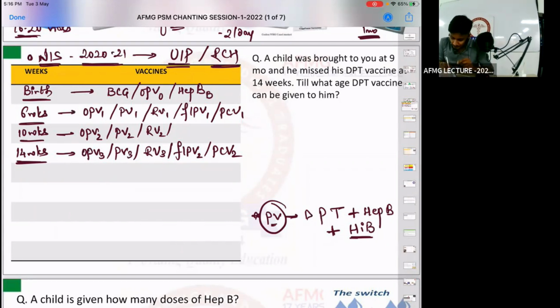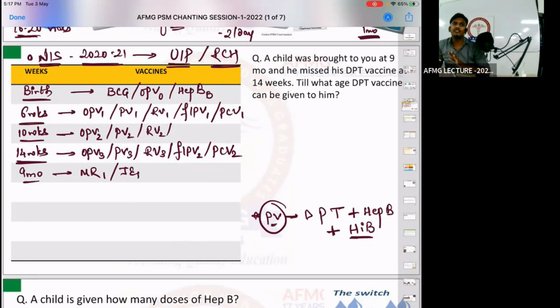Moving further, अगला कब देंगे? At 9 months of age. Now here it is important. 9 months पे 2 vaccines are given. First is it MMR, measles or MR? Now it is the MR vaccine in NIS. Okay, we only have measles and rubella. So MR ka which dose? First dose. Then in certain areas like Uttar Pradesh or West Bengal or Bihar, in some districts where Japanese encephalitis is prevalent or endemic, over there we will give Japanese encephalitis ka first dose. Please let me know, according to the national immunization schedule, Japanese encephalitis live or killed is given in NIS.